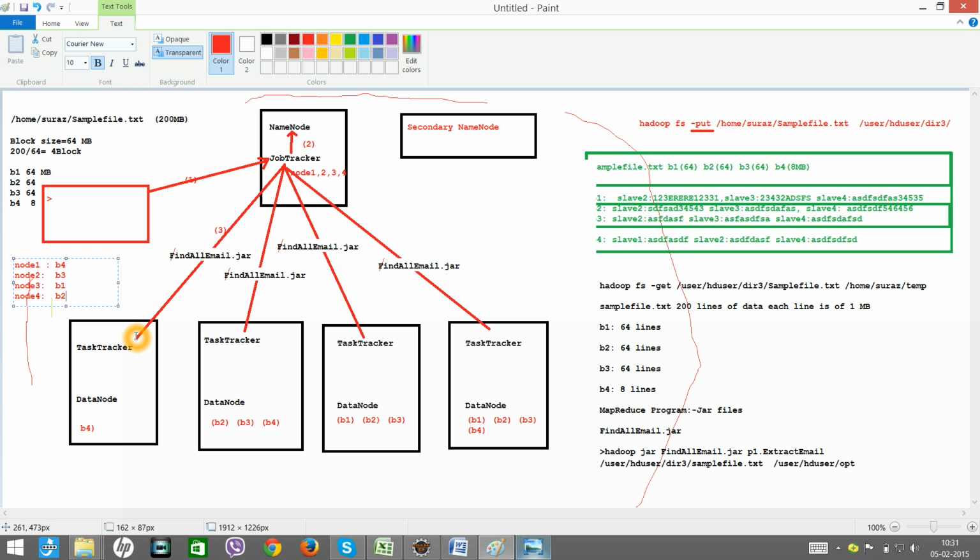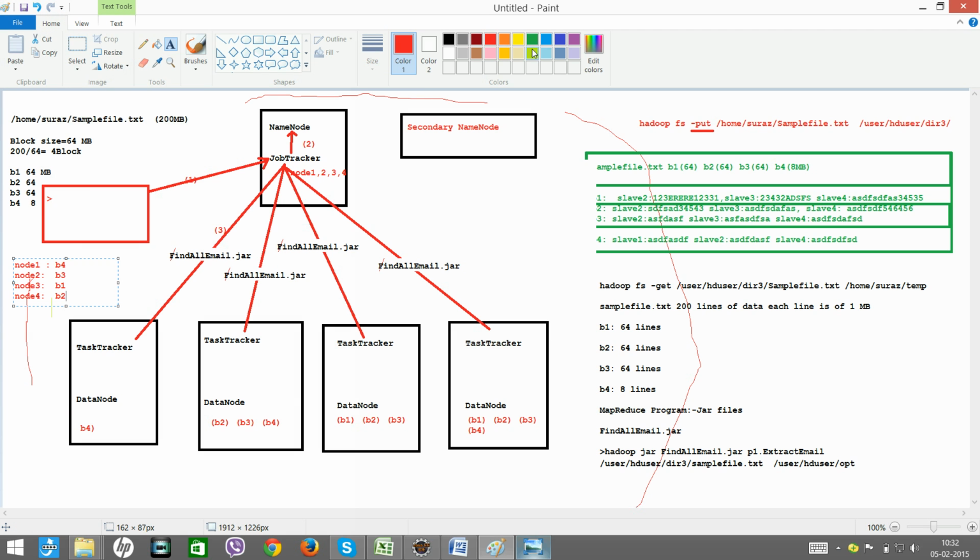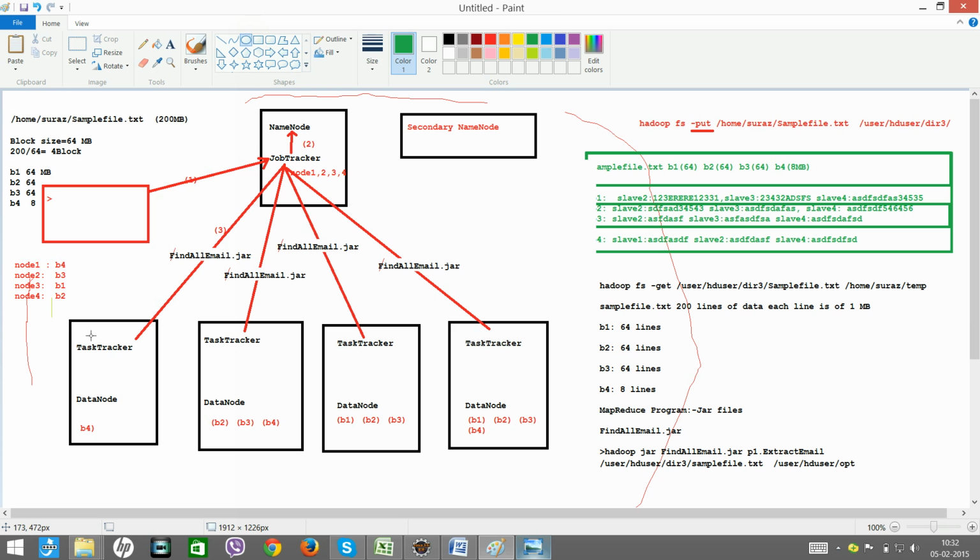Now sometimes it may happen that one task tracker may go down, is it not? So let's say that this node went down. So what will happen? It was processing B4 block, right?